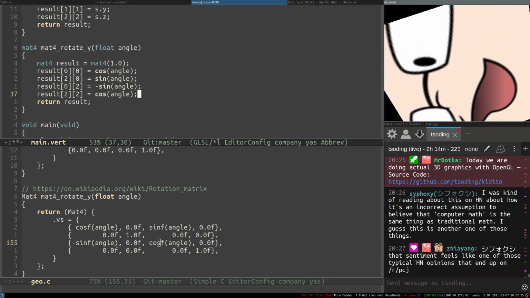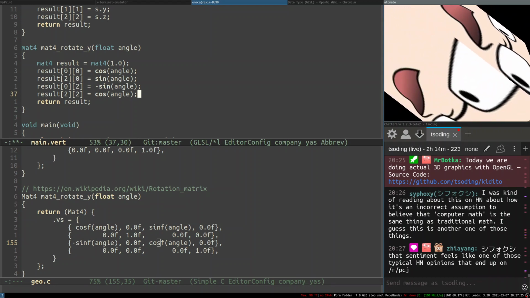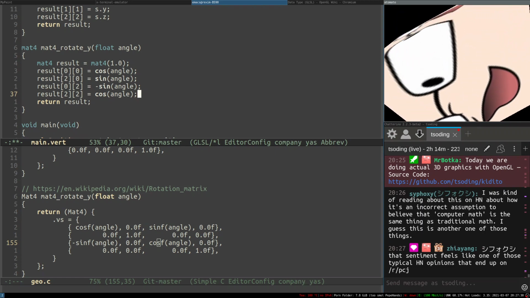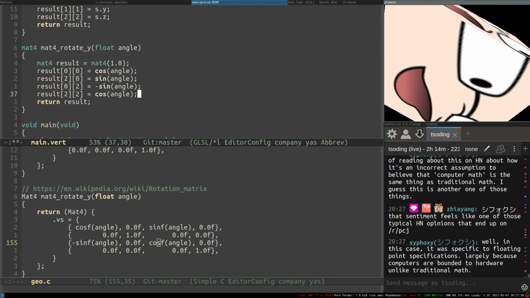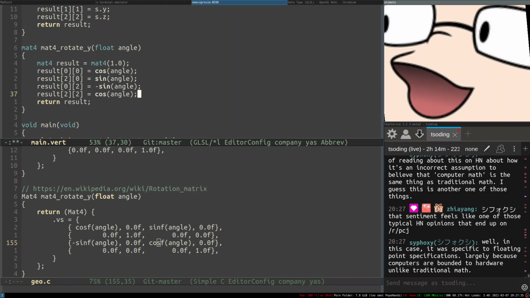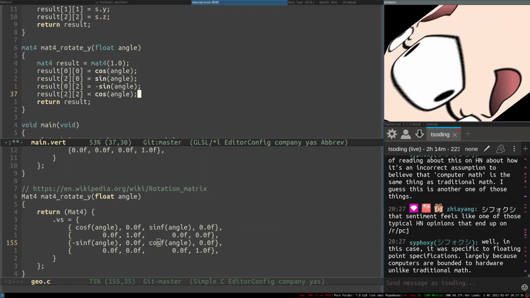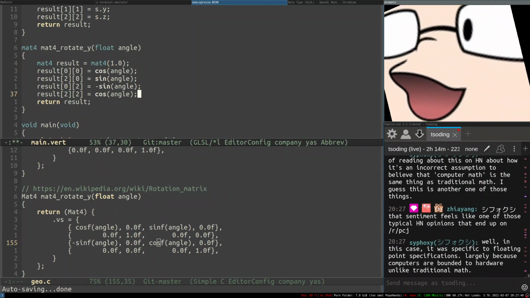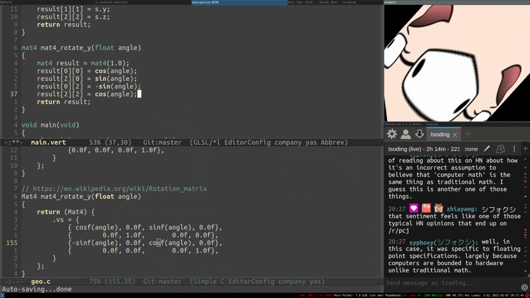I was kind of reading about this on Hacker News about how it is an incorrect assumption to believe that computer math is the same thing as the traditional math. It depends on what you mean when you say the same thing. How do you compare things? There are different conventions, but